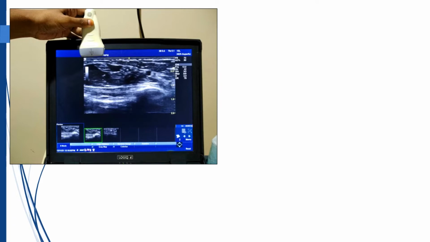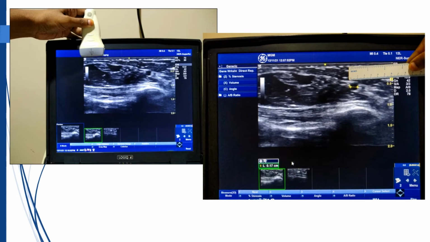Now this image I have put up for you all to understand the extent of magnification that we see on the screen. This is a 38 mm transducer. The image on the screen is something like 4 to 4.5 times magnified. So an artery which appears to us something like 1 centimeter on the screen is actually only 0.17 centimeter. That is, it is less than 2 millimeter wide.